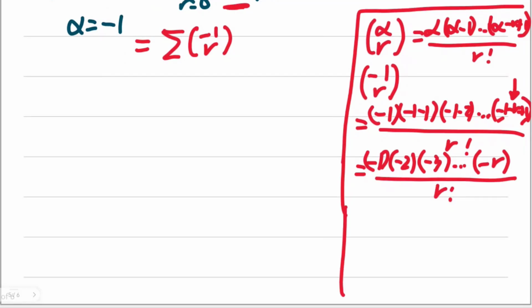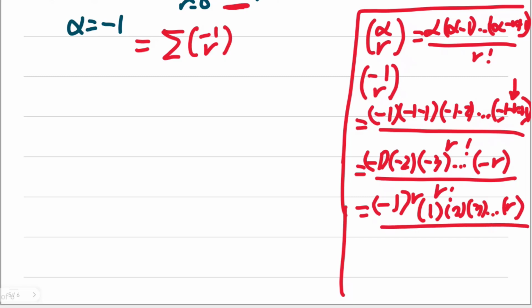Going further, take note all the terms in your numerator are negative, so you can factor negative 1 there. And how many of them are here? How many negative ones have you actually factored? You actually have negative 1 raised to the power of r. There are negative 1 times, you will have here 1, 2, positive now, 3, until positive r as you factor out negative. Okay? So now, over r factorial as well.